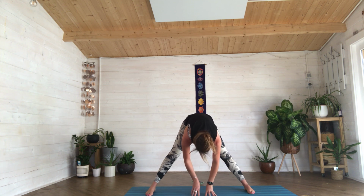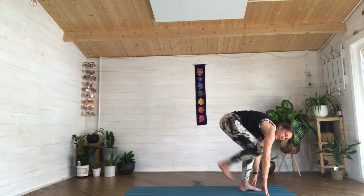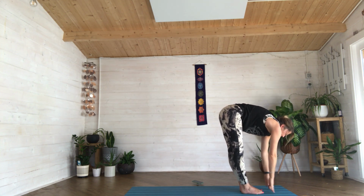Slowly bring your hands back up, bring yourself back up, point your left toes towards the short edge of the mat, windmill your hands to frame that foot, and then you're going to bring that right foot through to meet your left foot. Inhale, reach all the way up, nice and tall. Exhale, fold forward. Inhale, flat back,